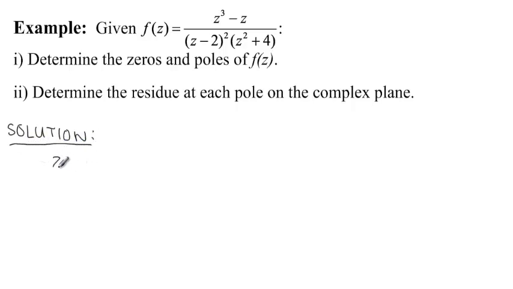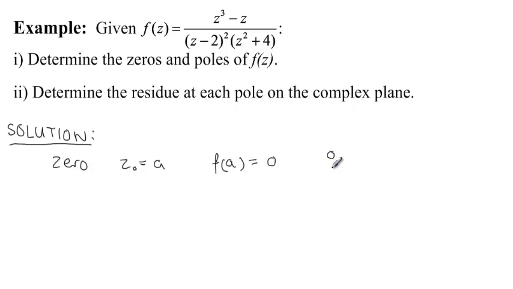Starting with zeros, remember z0 equals a is a zero of a function if the value of the function at a is equal to 0. Now, for a rational function like this one, we should recall that any fraction whose numerator, let's say